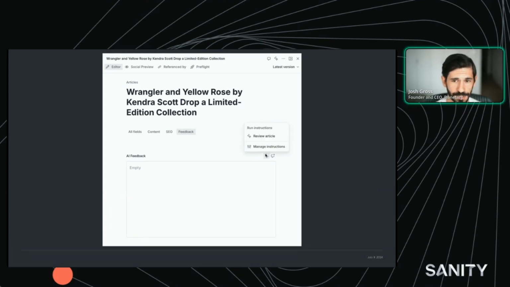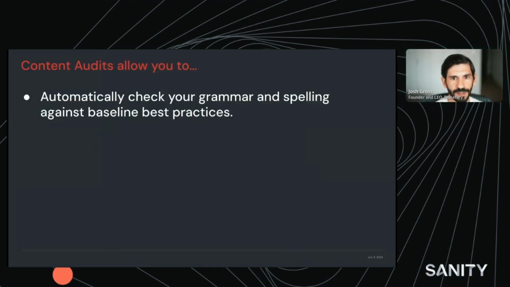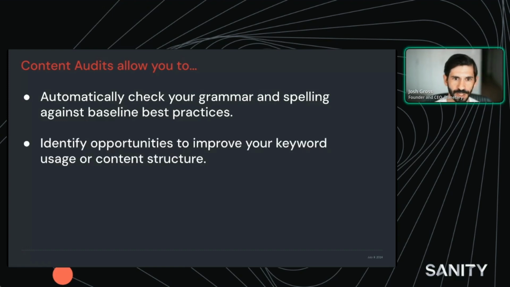So this gets stored. You can actually come back to these reviews later on, or you can rerun it if you want. But the nice thing is that they automatically allow you to check your grammar and spelling against best practices, or if you have particular editorial standards to work against. You can have it also automatically identify opportunities to improve keyword usage so that even if you wrote this in, say, Google Docs, you brought it in, it can now review it and say, hey, you're missing these 3 or 4 critical keywords, or you have these 3 or 4 keywords that we don't use on the site